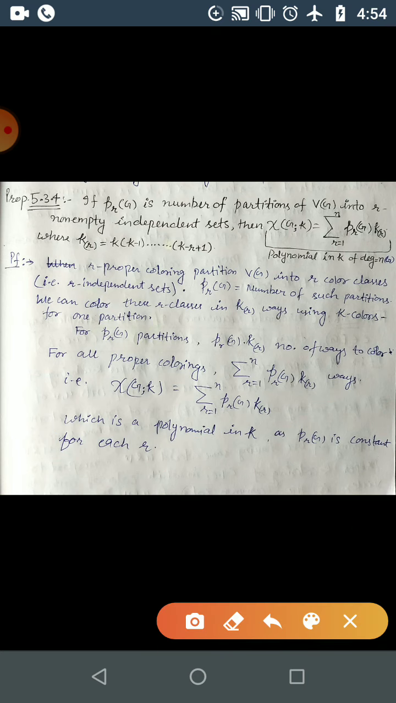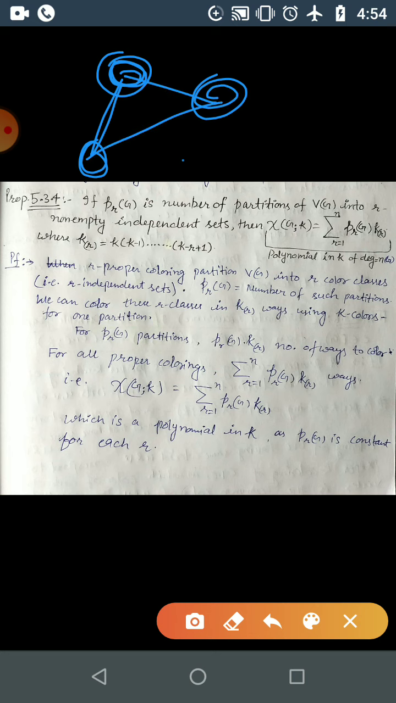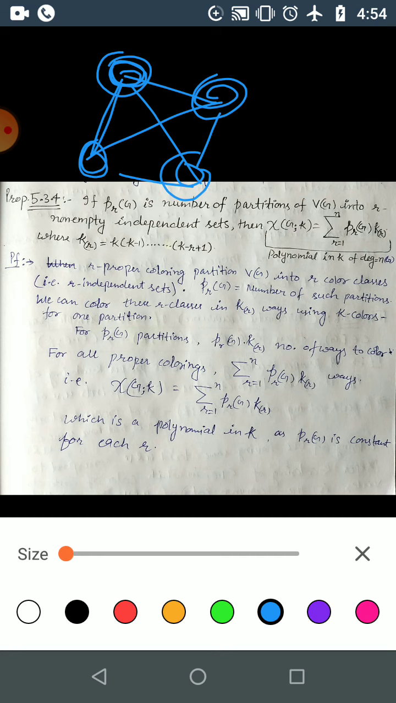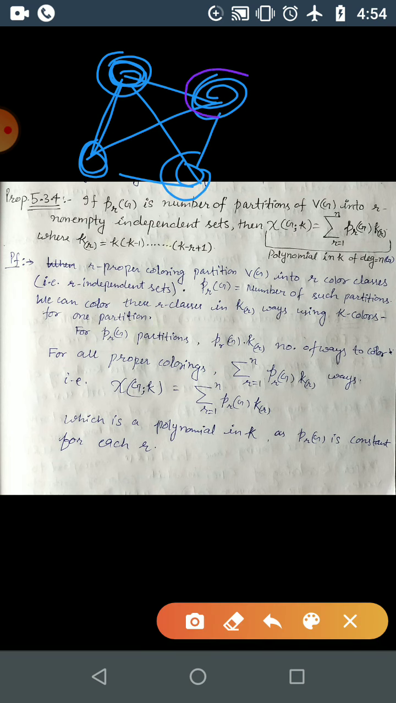If you are wondering why this K^r is coming here: whenever r classes are there, you can compare one color class with one vertex of K_n, the complete graph. Another class will be adjacent to this one, and another will be adjacent to both, which is why they go into different classes, correct? So here this is one class,